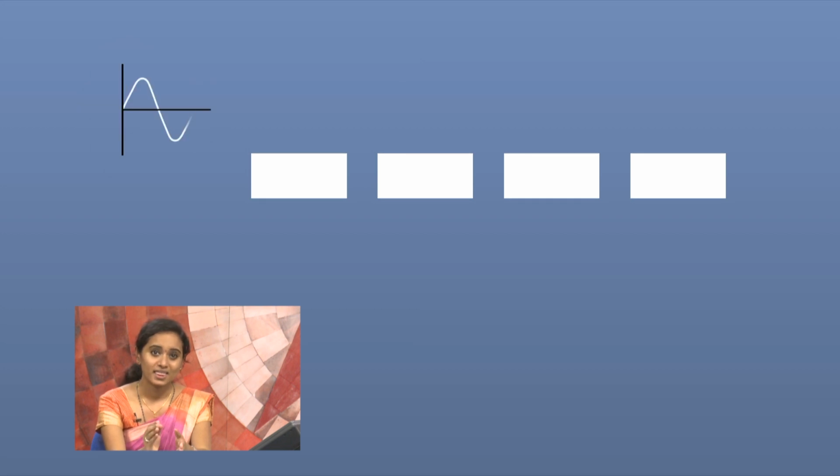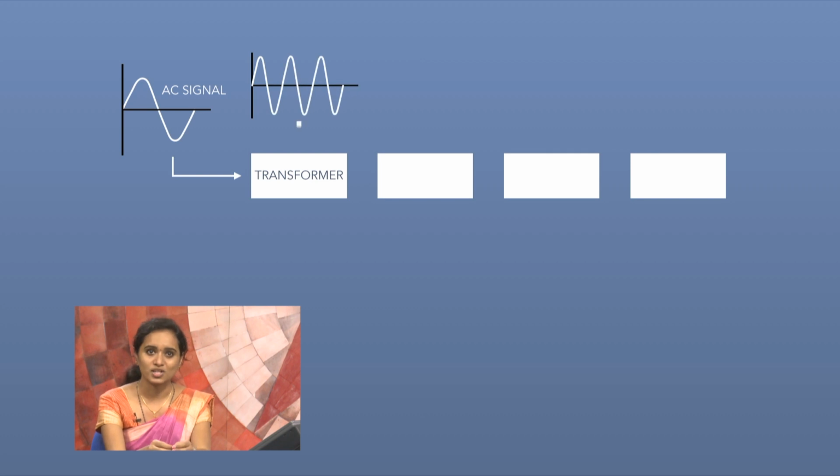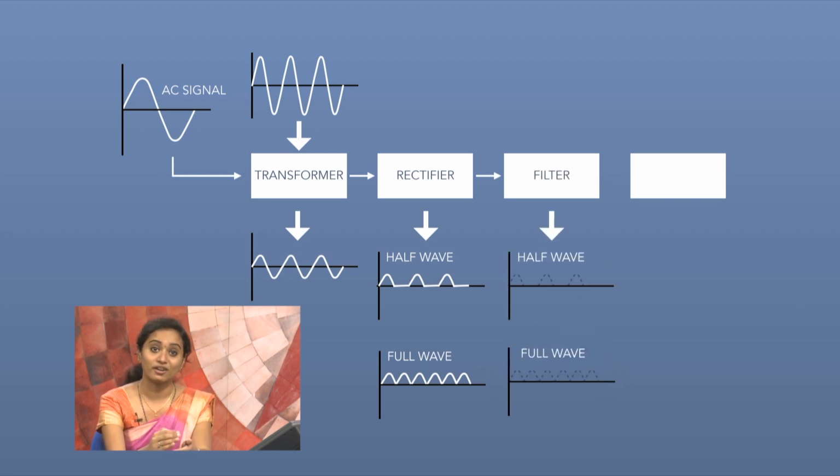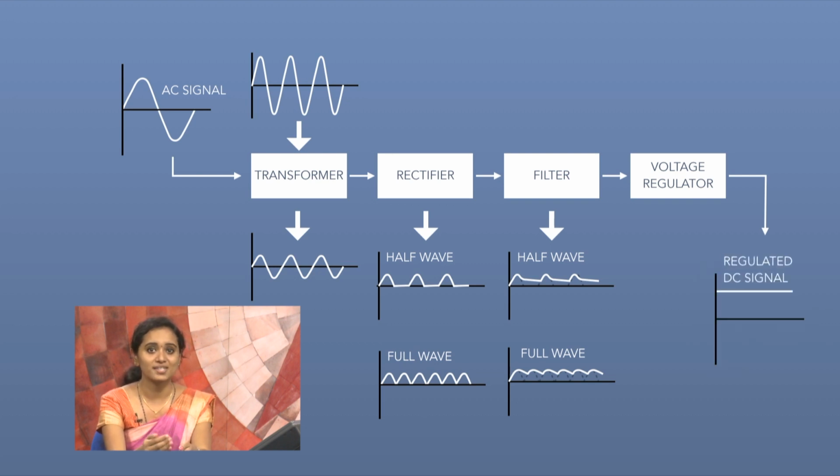As you can see, the AC input line voltage is stepped down to a lower AC voltage with a transformer in the first block. The second block, which is our rectifier, converts the AC input voltage to a pulsating DC voltage. Then the filter eliminates the fluctuations in this rectified voltage and produces a relatively smooth DC voltage. Finally, we have the regulator, which is a circuit that maintains a constant DC voltage despite variations in the input line voltage or in the load.